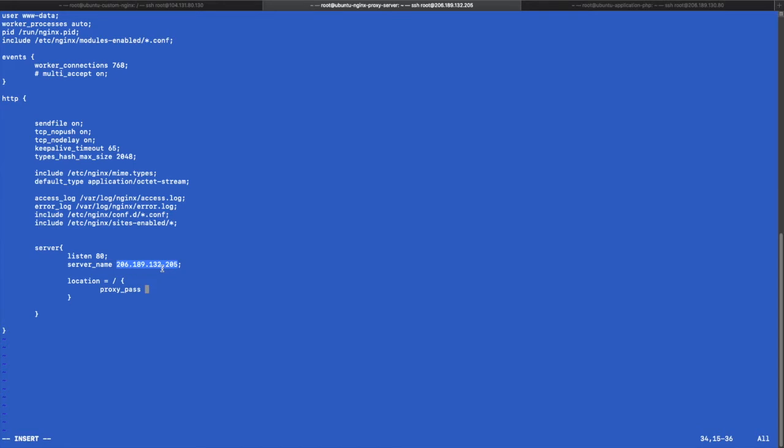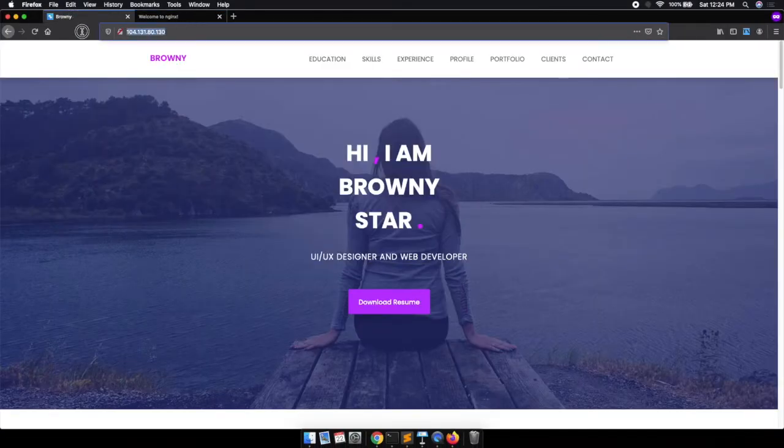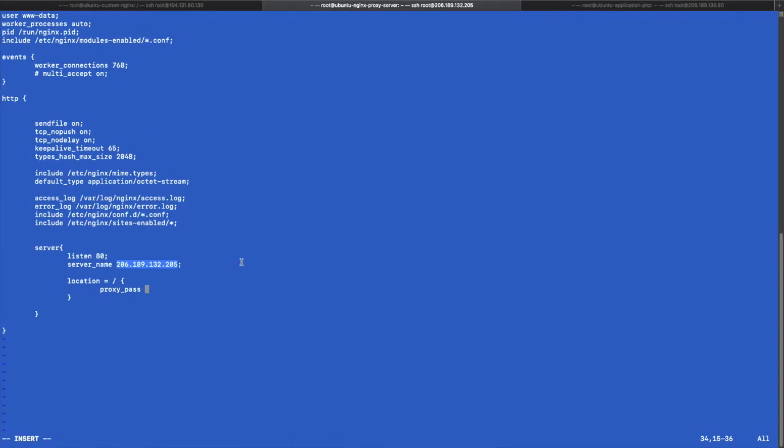So we will go to the browser and copy the IP address of the Brownie website. So this is the IP address of the Brownie. I will copy this, go to the configuration and paste it over here, remove the last slash and put a semicolon. So what I'm doing here is I've defined the server block. I'm saying all the requests hitting port 80 on this particular server, and if that request is hitting the root, then forward that request to this particular server. So this is the IP of the machine on which this nginx is running, and this is the IP of my machine where I want to render the request.